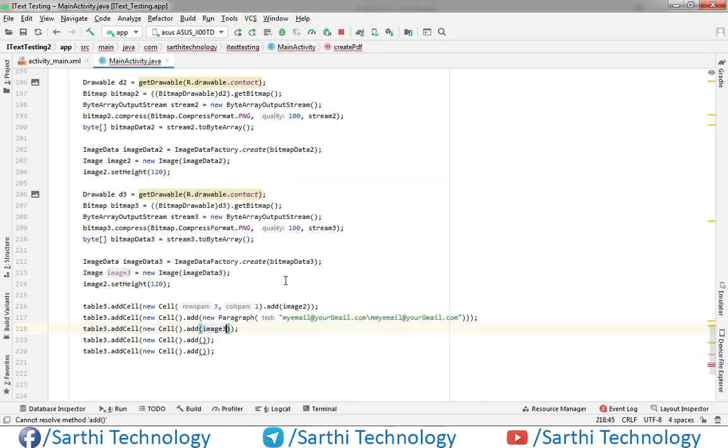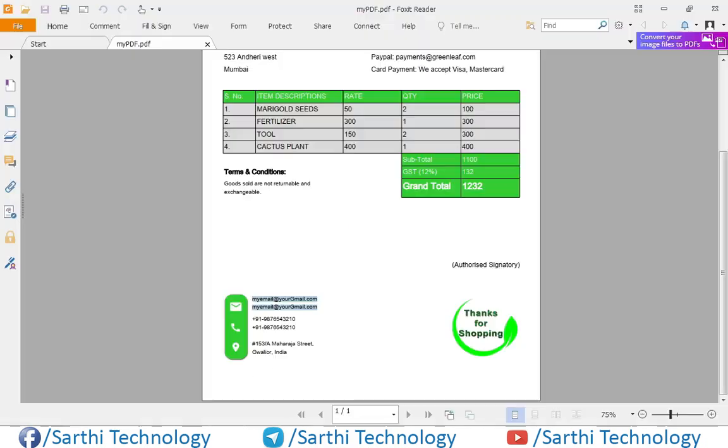Okay, so this also has 3 comma 1 span. Now in the next row we have these phone numbers, so just copy this.